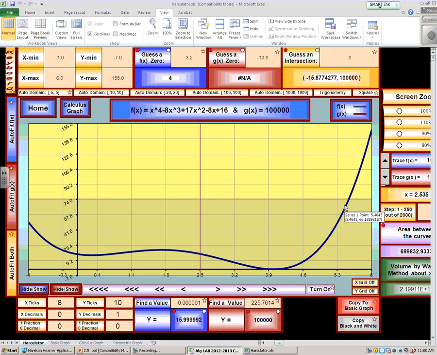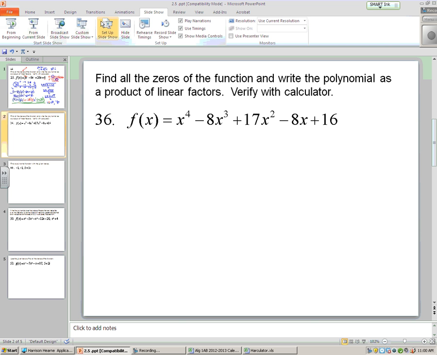That graph is pretty well spent. From that point on, it's going to rise to the right, rise to the left. But as I said, the important thing to notice here is 4 might not only be a 0, 4 might be a double 0, because this thing's trying to act like a parabola for an instant right around 4. But 4 is definitely a 0, which means at least once